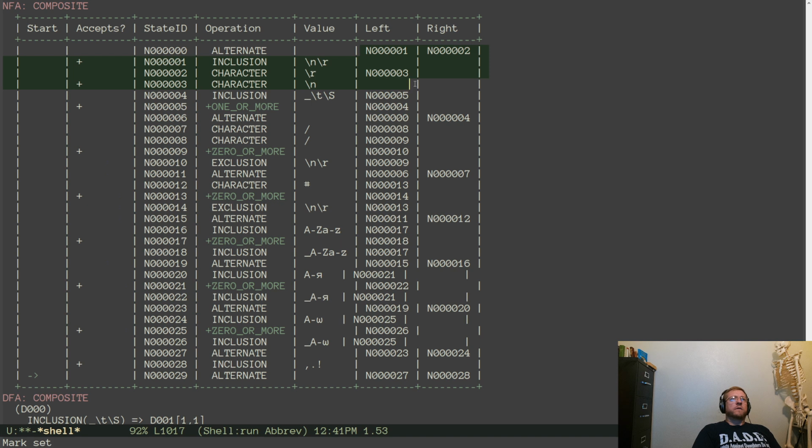This isn't right. The start state is this one. It goes to 27 or 28, which can go to 23 or 24.